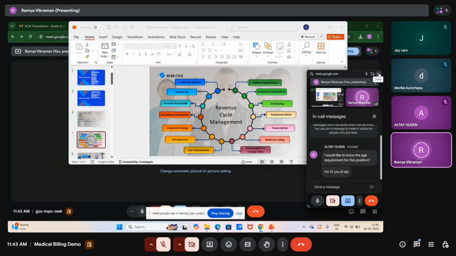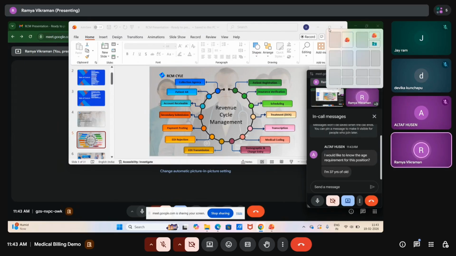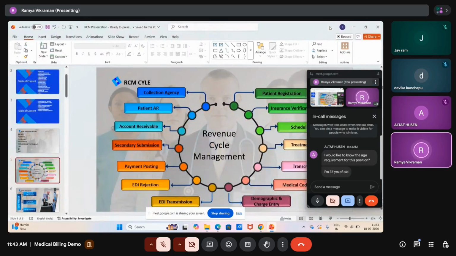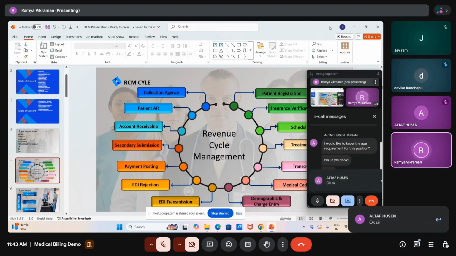Age is just a number. The only thing is, it depends on your commitment. I don't want to give you a fake commitment. If you are not committed to anything else, you can start from scratch, but it will take time to fulfill your commitment. For example, if you are committed to 25 to 30,000 per month and you start from scratch, you will be considered a fresher and the market rate will be provided. But trust me, within 1 or 2 years of experience, you will get it.